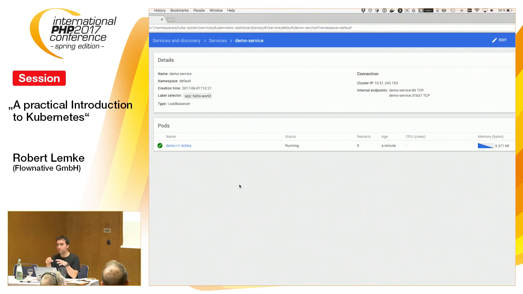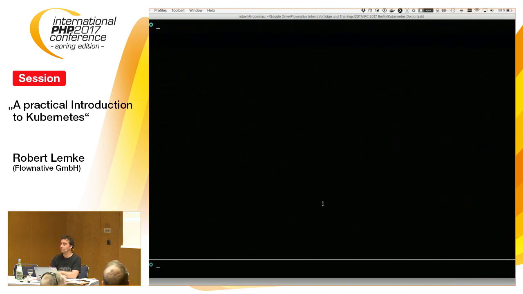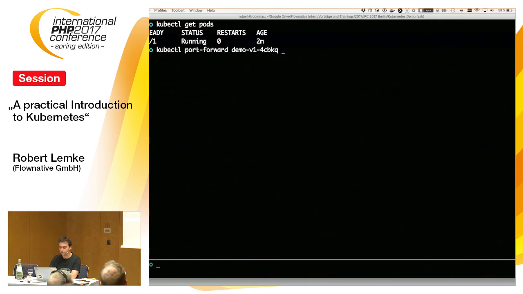What it does now is also acquire some external IP address so I can actually test it. Before we have that, we can already access the pod by using a nice command called port forward. First of all, I need to get the pod name, which is this one here. And then I can say, okay, please forward the port of that pod.